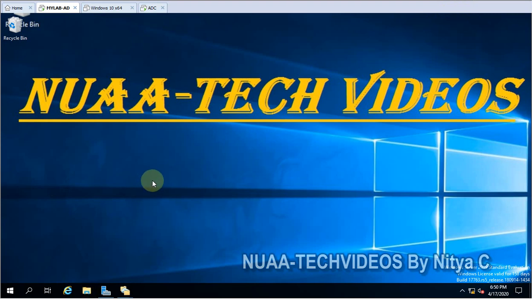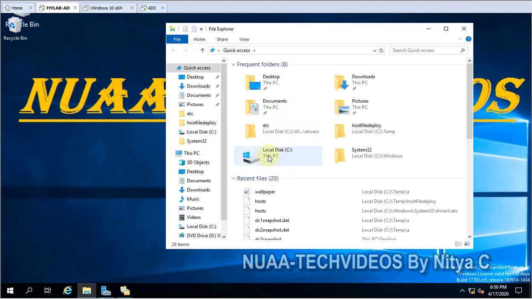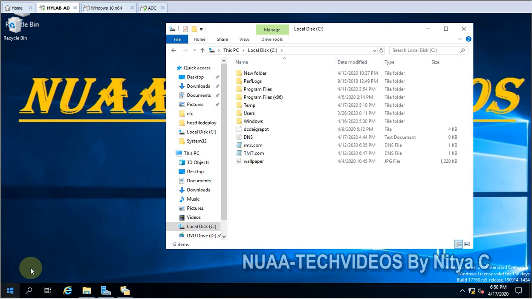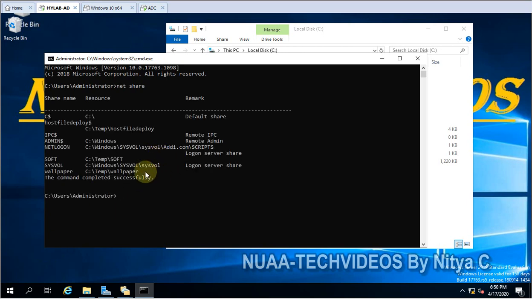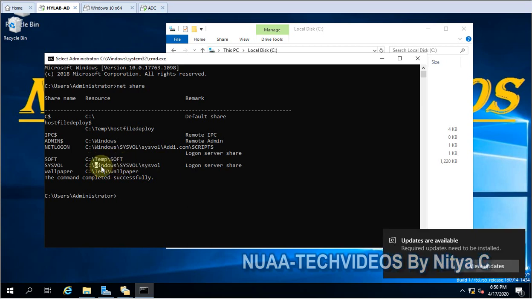So let me show you the shares on this server. In CMD, net share. So you can see I have shares.